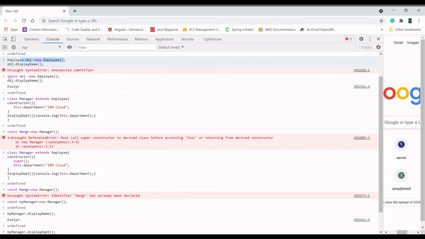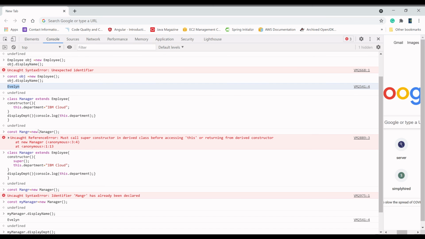So what I have done, I have called it here using const. Previously I had given Employee, that is the Java syntax, but this is the JS syntax. So you have to write const, then the object name, and then new. We have to invoke the constructor using new as we used to do in Java, and then in JS object.displayName we will call. So your name is ready now.